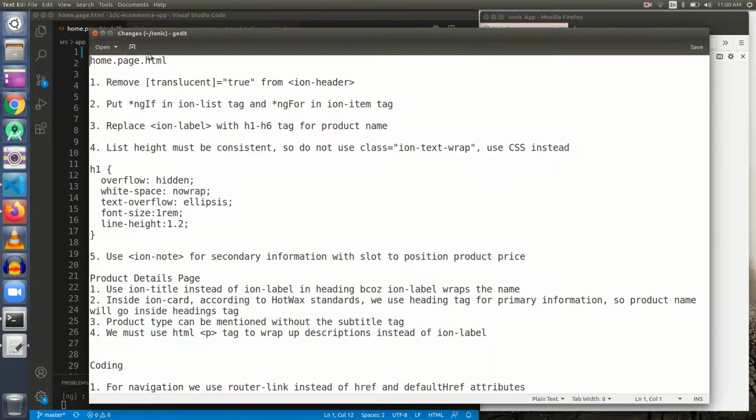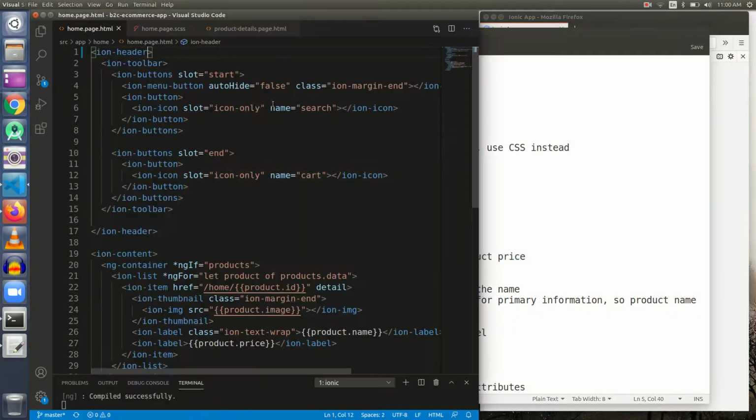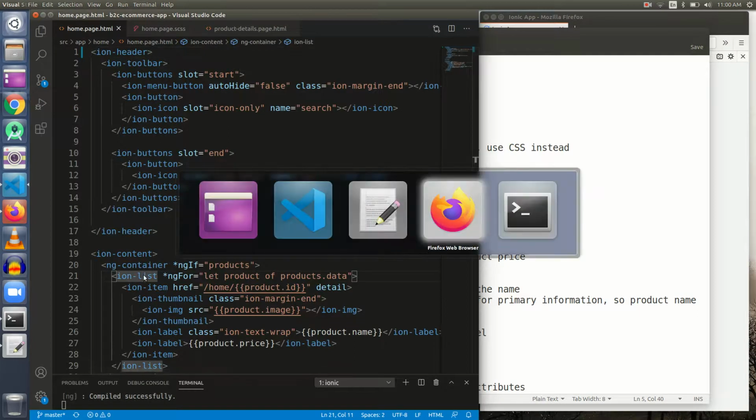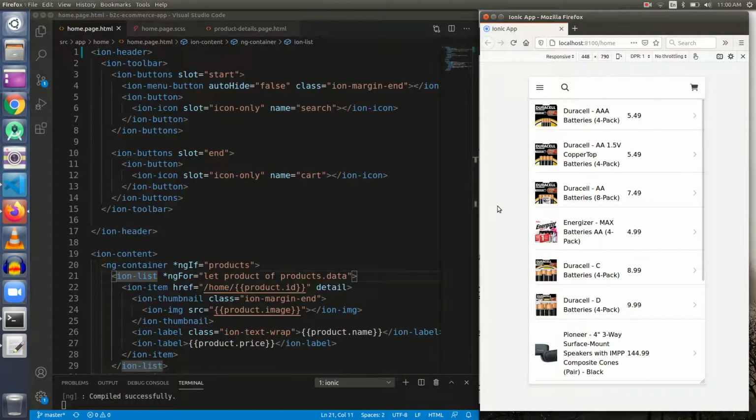Now let's go to the next point, and okay guys, now this is a mistake on my part actually. See, ngFor is an Angular directive that is used on a tag that we need repeatedly, right? And here we have applied this ngFor on ion-list, and sometimes even making a wrong decision or wrong code does not render a wrong UI.